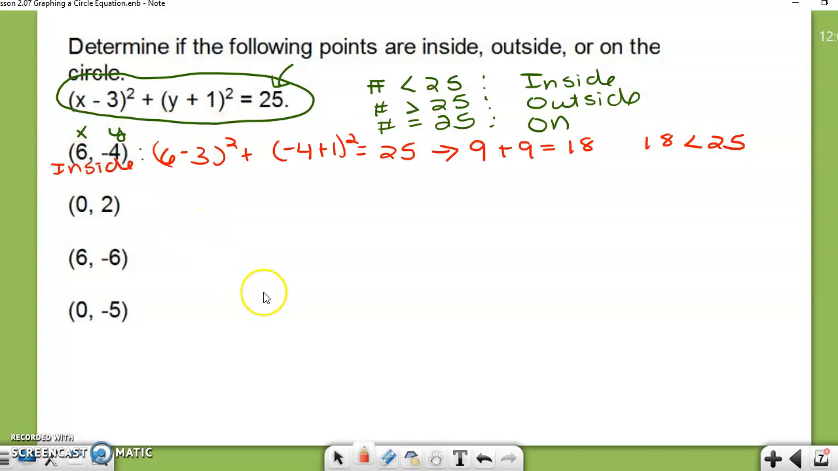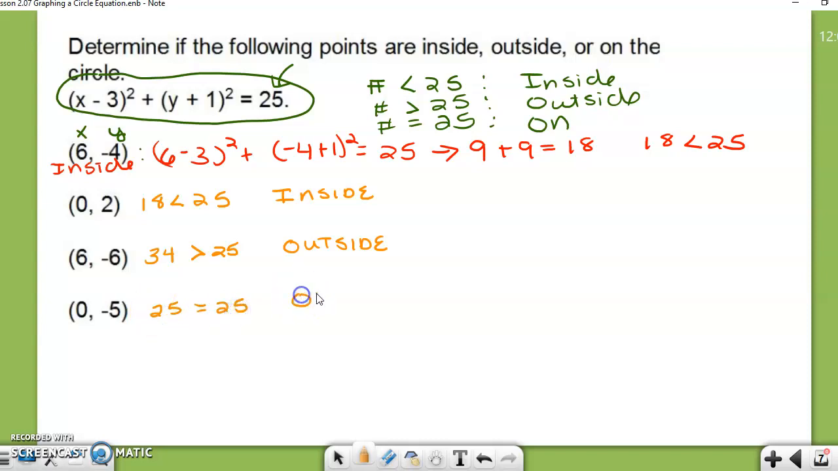Pause the video and try to do the next three. Plug those values in. Come back and see if your answers are correct. This one you should have ended up with 18, which is less than 25, so it's inside. This one you would have ended up with 34, which is greater than 25, so it is outside. And for the last one, you should get that 25 equals 25. So this one would be on